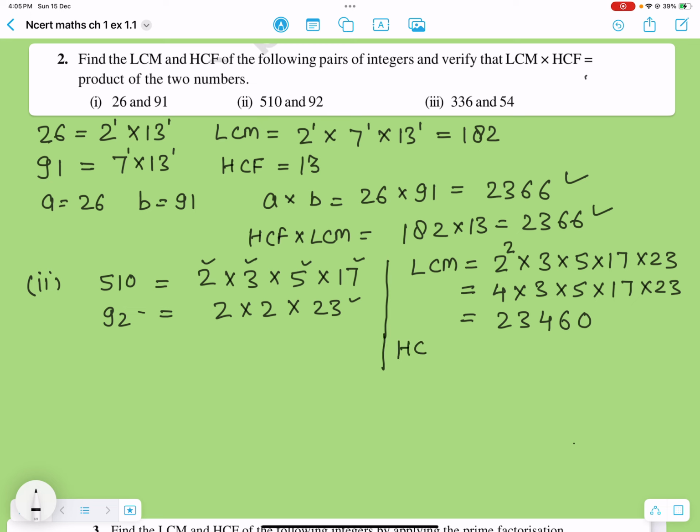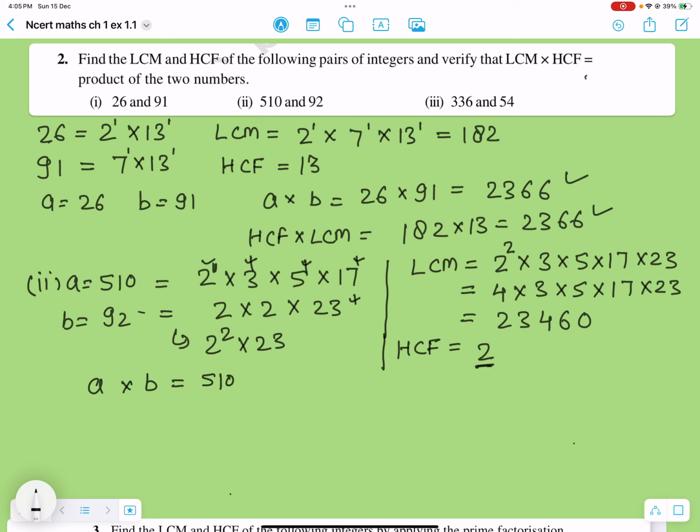Next, HCF. So the HCF is the highest common factor. Which one is the common factor? 17 is not, 23 is not, 5 is not, 3 is not, only 2. So 2, and we take the least power. Least power is 1, that comes here, because in 92 it is 2 raised to power 2 multiply 23. So HCF is 2. Now if we, let's say A is 510 and B is 92, so A multiply B